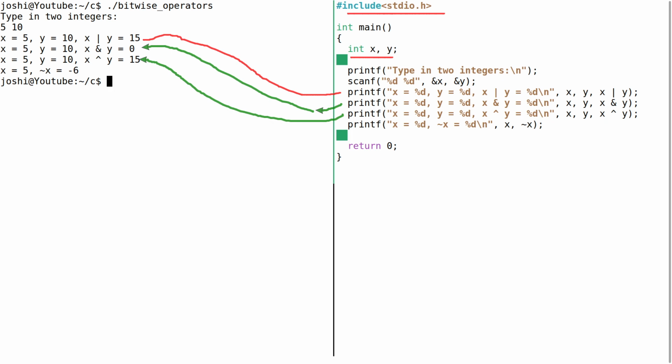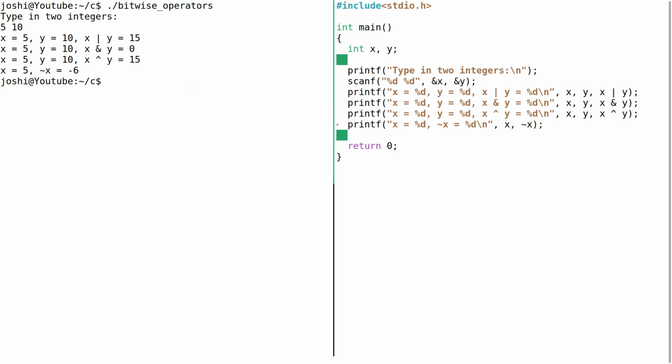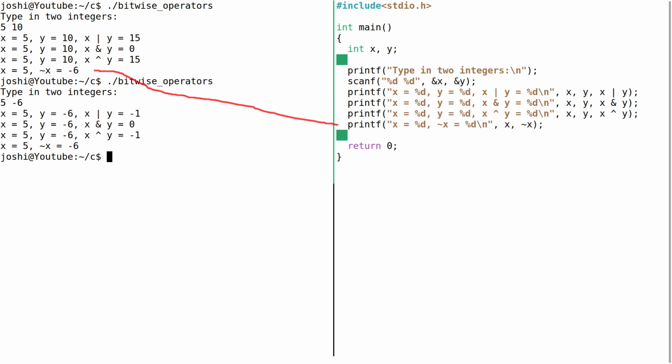Now here it is interesting. You can see here, just take a close look. I have taken the bitwise NOT of the first input supplied, which is 5. When the bitwise NOT operator is applied to 5, the value would be -6. Now the same thing we can do again. If I supply 5 and -6, okay, now you can see